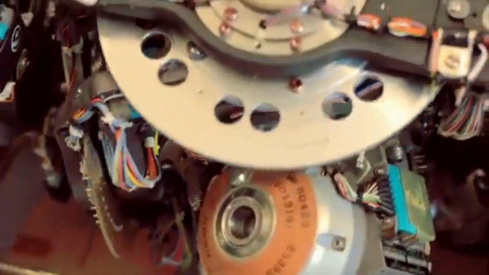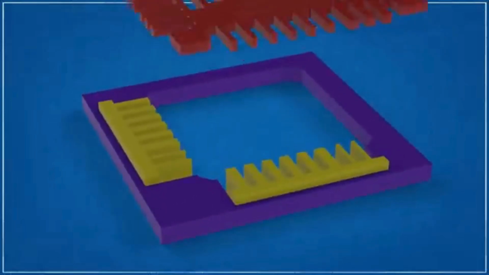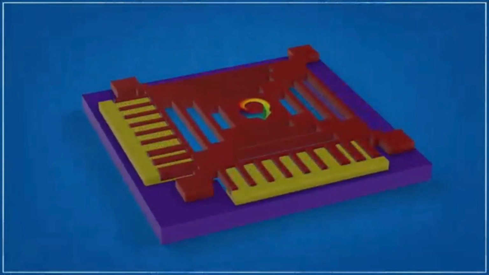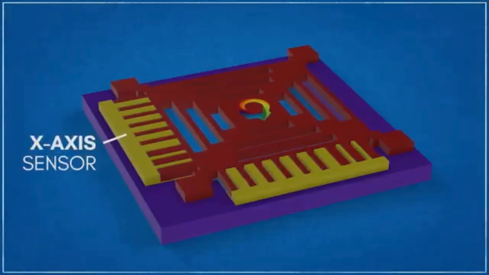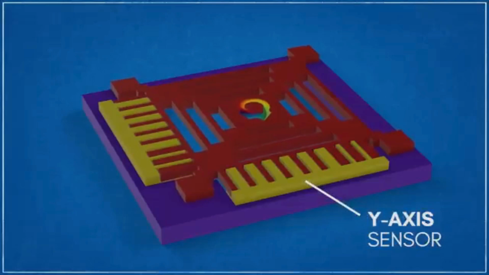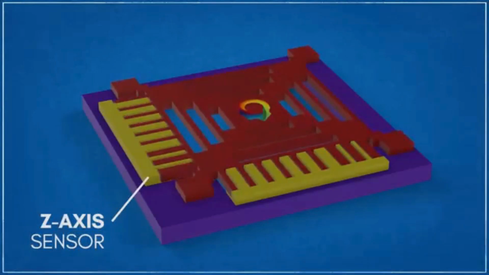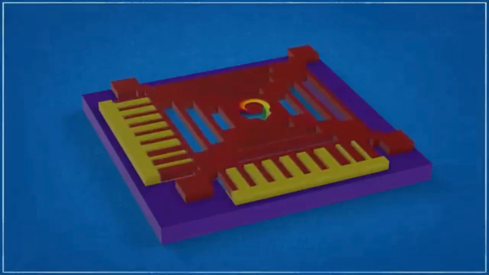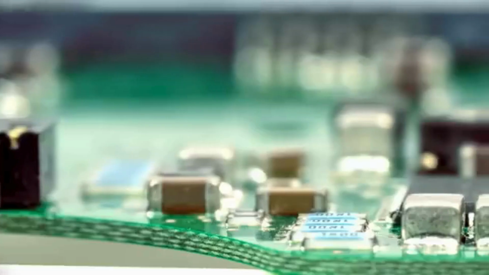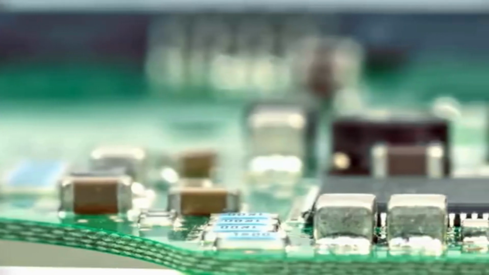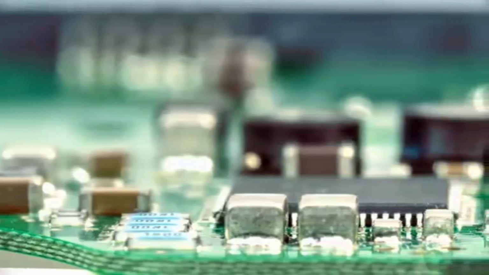MEMS-based accelerometers can even be configured to sense motion in 3 axes. With the rise of smartphones, this capability quickly became indispensable. In this configuration, the proof mass is suspended at the center of a frame by microscopic springs in a manner similar to a trampoline. Acceleration in the XY plane is sensed by capacitive fingers fixed to the frame of each respective axis, similar to a single-axis accelerometer sensor. Both sensing structures also contain electrodes that can sense vertical travel of the proof mass, forming the simultaneous action of a z-axis accelerometer. Accelerometers are not just limited to automotive and mobile phone applications. They can also be found in earthquake detection equipment, VR gaming systems, pacemakers,